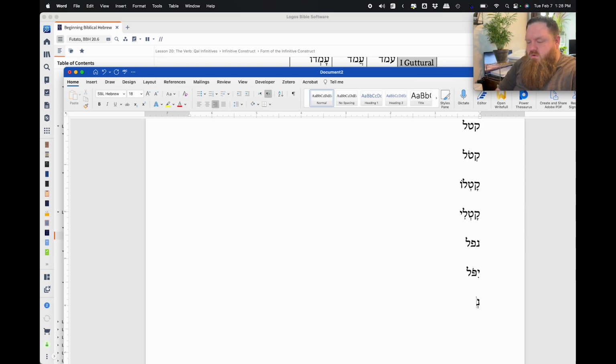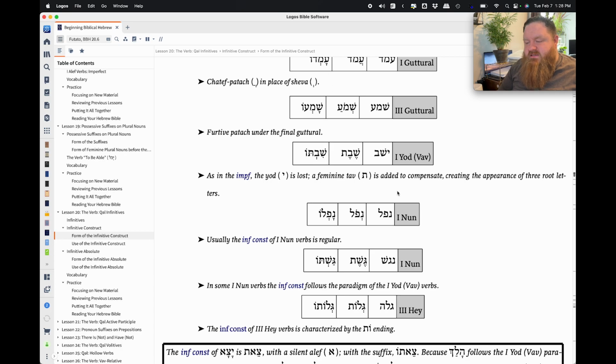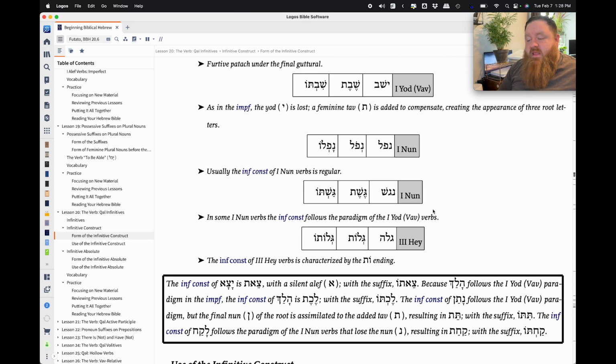And so you get the noon, shava, pe, holam, lamed, nafol, okay? So this one isn't really irregular. It's just we built this whole infinitive thing based on the imperfect, and this is very different from the imperfect. But if you think of it as shava holam, your vowel pattern, it's exactly what you would expect. All right. Now, some of the one noons are actually going to conjugate similar to a one yod vav, so